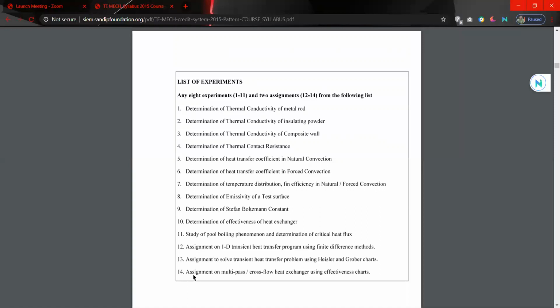And there are 3 assignments for this course. The first assignment is based on transient heat transfer by using finite difference method. The next is based on the charts, and the last assignment is based on the effectiveness charts for the heat